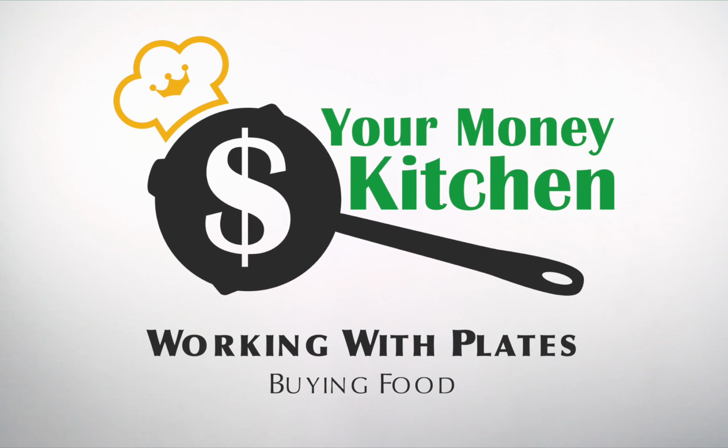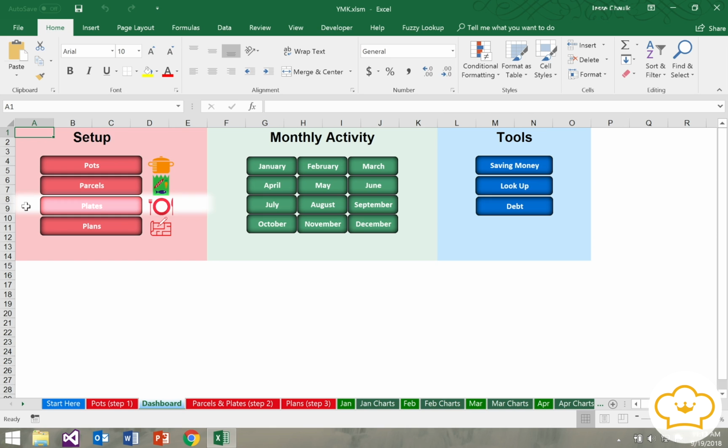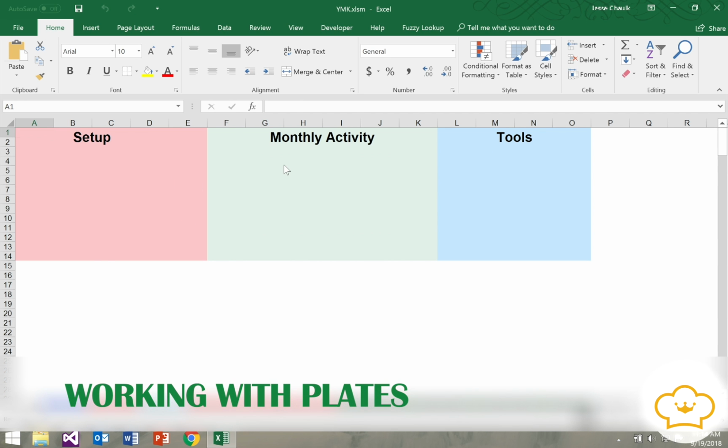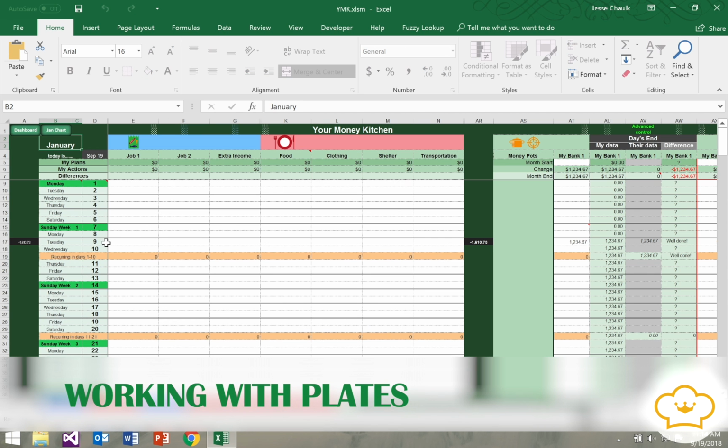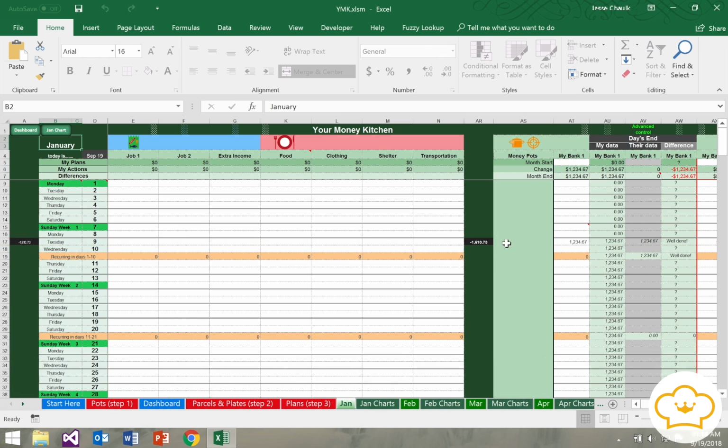So we've looked at pots, parcels, and plates, and we're going to skip the plans section for now, because the fact of the matter is plans often are never completed. So let's just work with reality, what actually happens. If we go to January, for example, and we're set up for action on January the 9th, and then on January, say the 10th, what happens is that we go grocery shopping and we spend